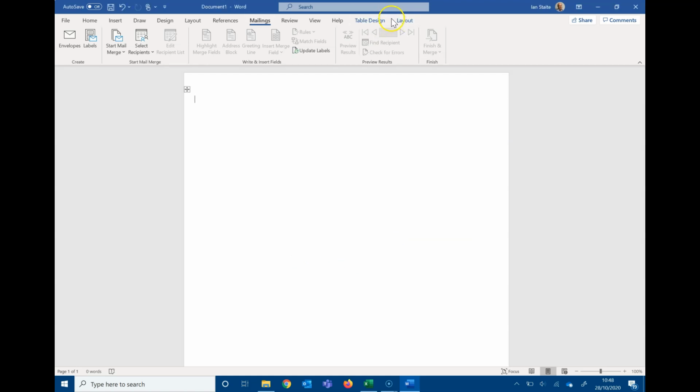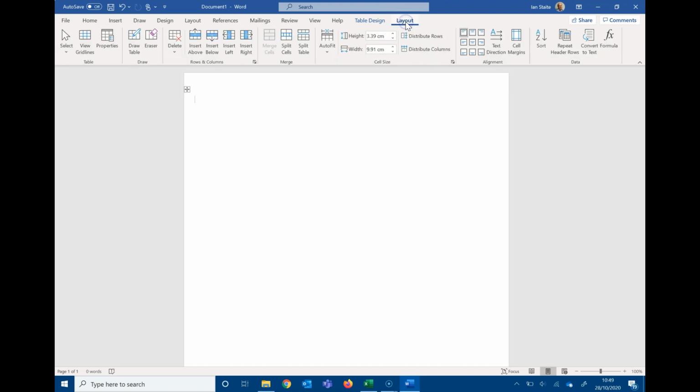Now an optional step, but one that I find useful, is to go on the Table Design Layout menu and turn on Grid Lines. And this enables you to see the labels that have been set up. Now it's worth pointing out at this stage, you don't have to use sticky labels. You could use plain paper, and you could use glue to stick them into a textbook, or you could make individual badges that are going to be cut out. Just because we're using small squares doesn't mean there need to be sticky labels.